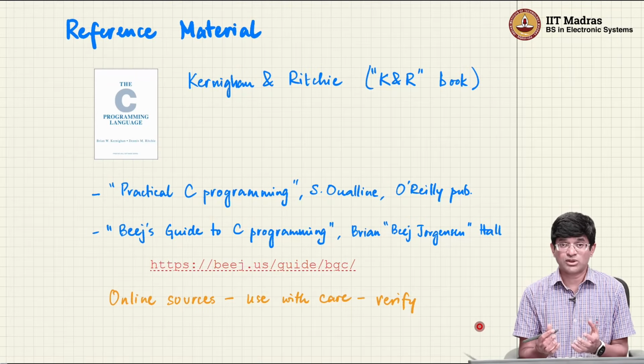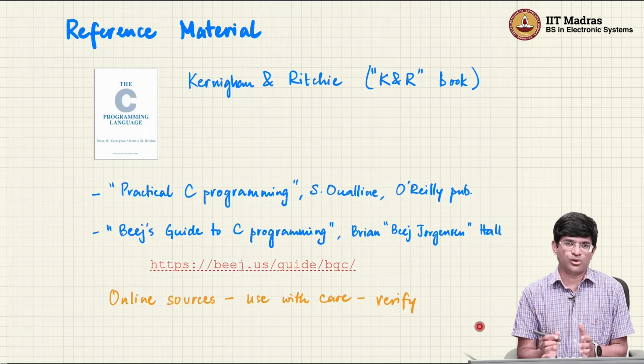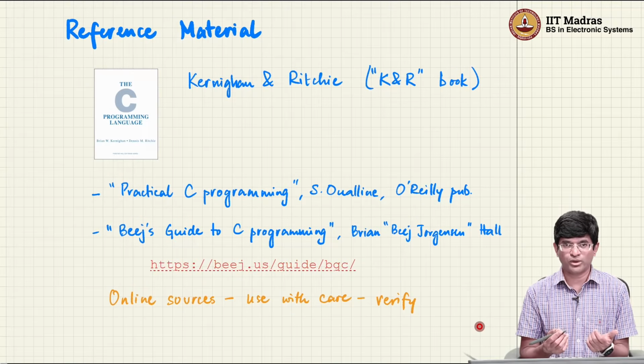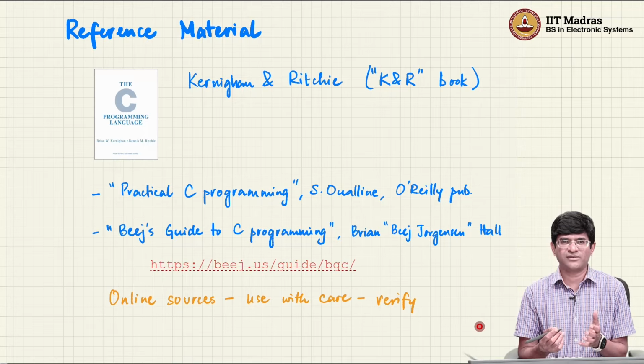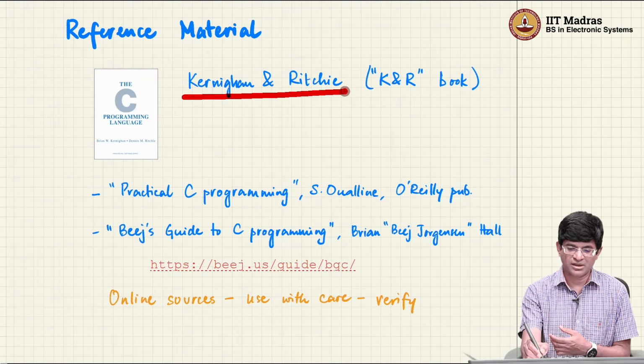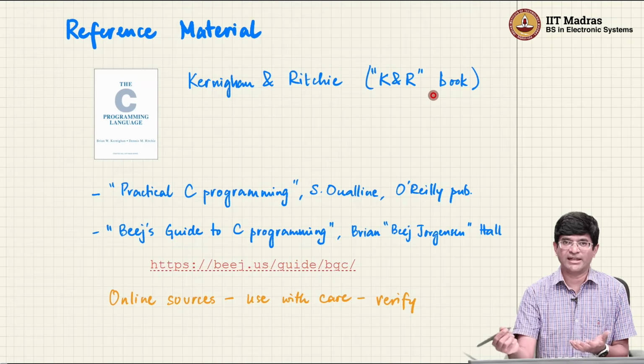Apart from this, there is also something called the C language reference, which gives you the full rules of the language. That's much harder to read, so I would not really put that as a reference material, although if you are interested in the language, you may want to go and look at that. In general, the C language reference manual is more useful for a compiler writer, someone who's actually trying to create a compiler for C, not so much for someone who wants to use the language. For people who want to use the language, this is a very good starting point. It's usually referred to as the K&R book,